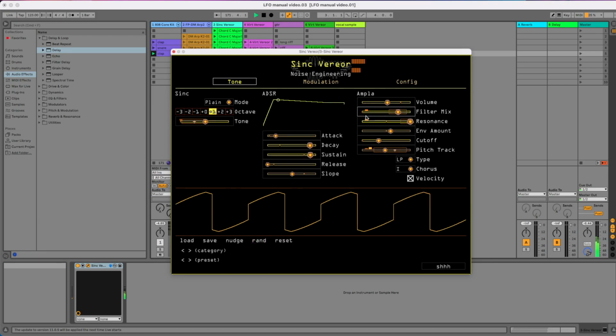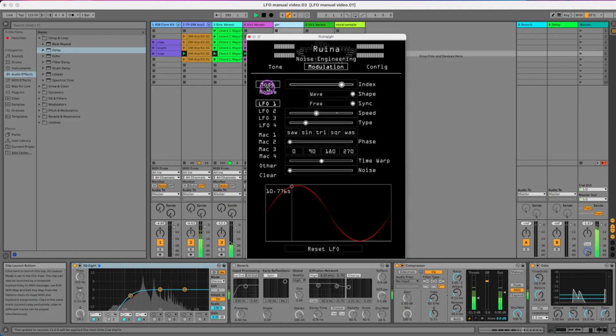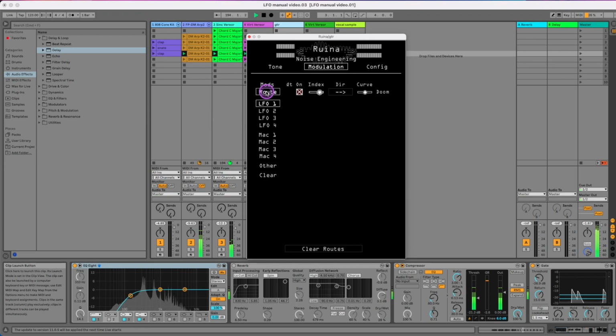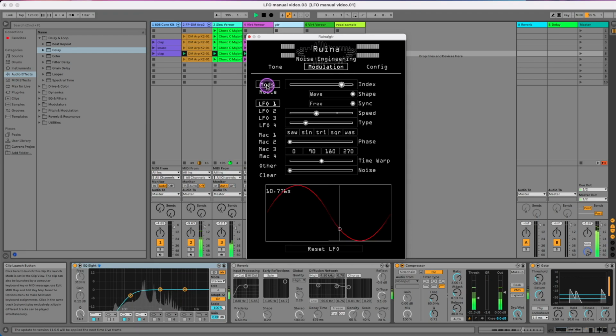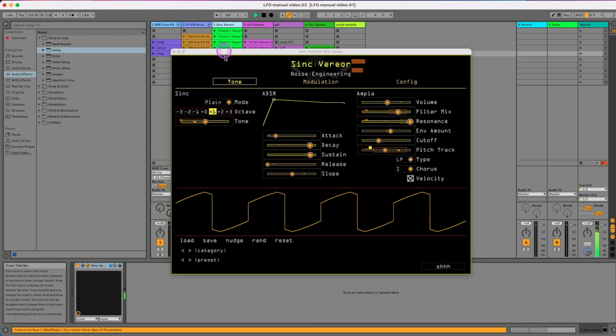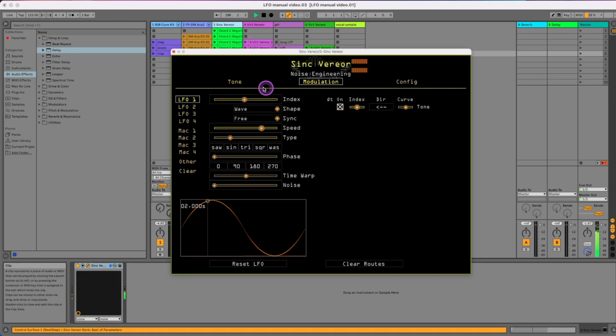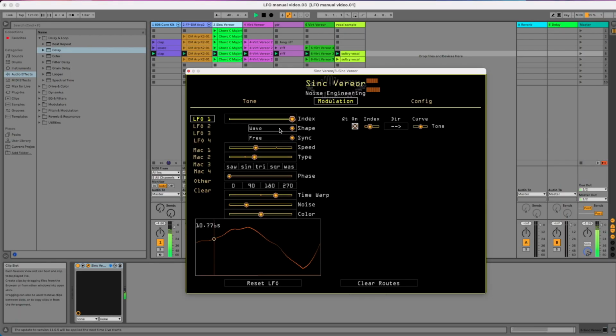Once modulation is set up for a parameter, it will be indicated on the tone page as a small vertical rectangle on the left side of the parameter slider. On the modulation page in the more narrow view, Mods shows the modulator settings and Route shows the modulation routing for the selected modulator. In Sync and Vert Varier, mods are on the left and corresponding routes are on the right. There are 3 types of LFO modulation: